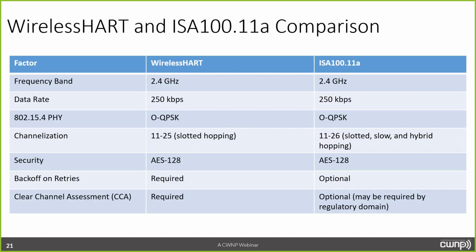All right, so let's summarize with a comparison between these two. WirelessHART and ISA100.11a. They both work in 2.4 gigahertz. They both use OQPSK with DSSS. Therefore, they have 250 kilobits per second data rate. So notice this is not like Wi-Fi, if you're familiar with Wi-Fi, where we have, what is it? I believe, if I'm not mistaken, it's now